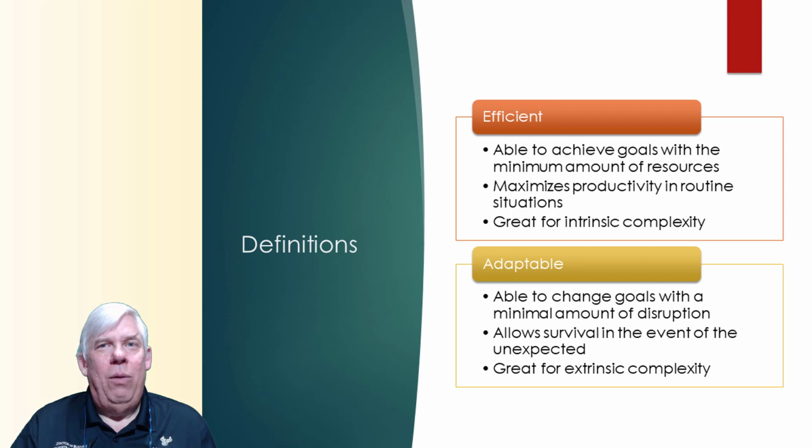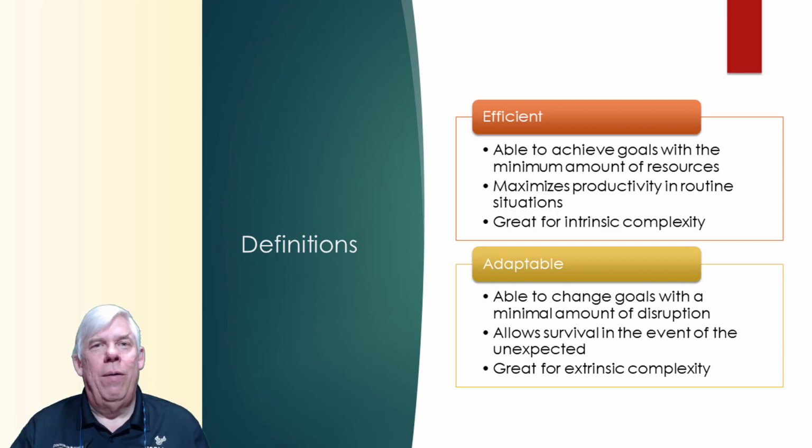And it works very well during those periods of equilibrium between punctuations within complex systems. So as long as the system is not terribly extrinsically complex, and you can expect long periods of orderly behavior, then being efficient and tuning to those behaviors is going to be a very effective strategy